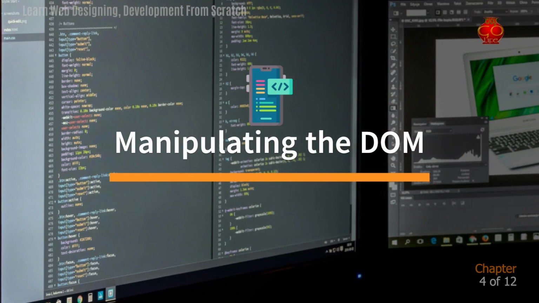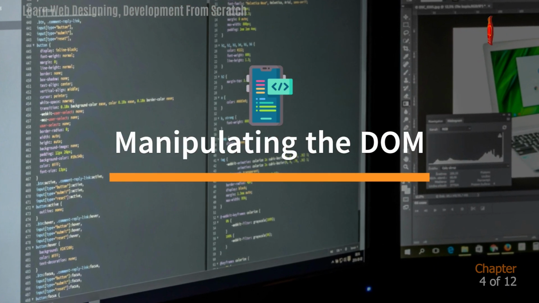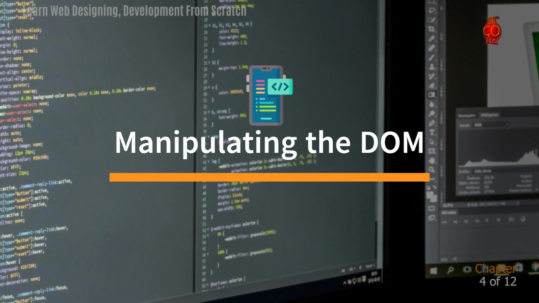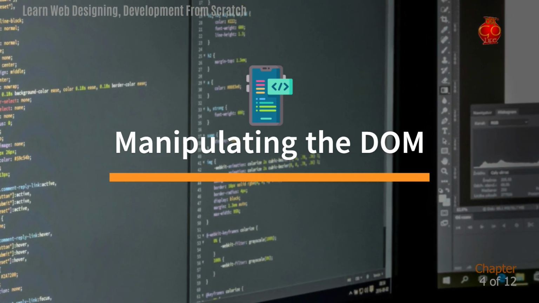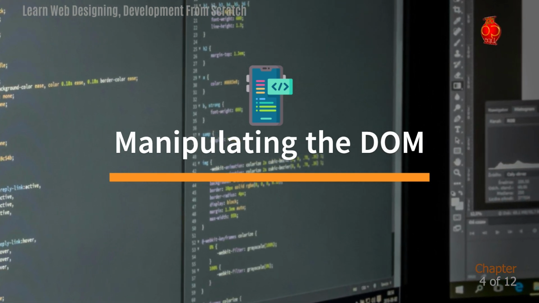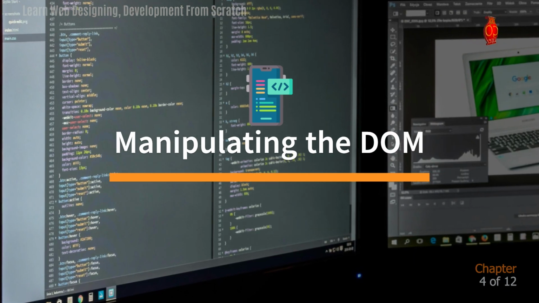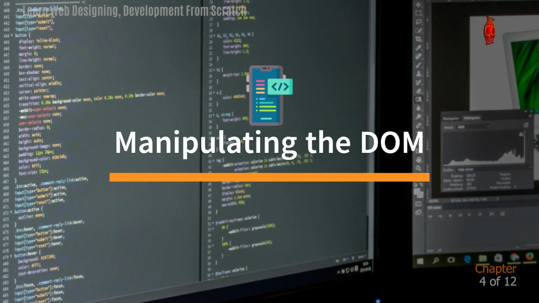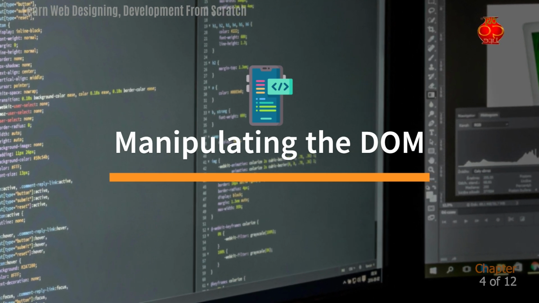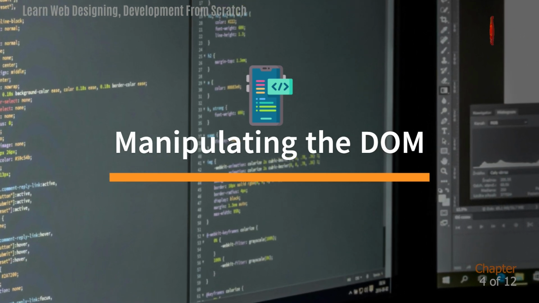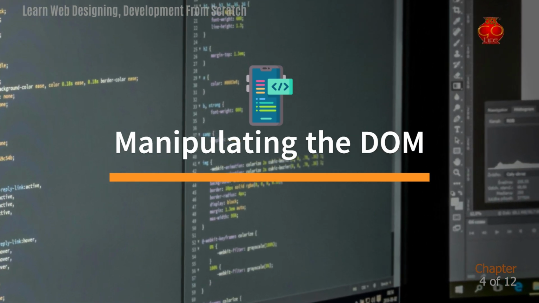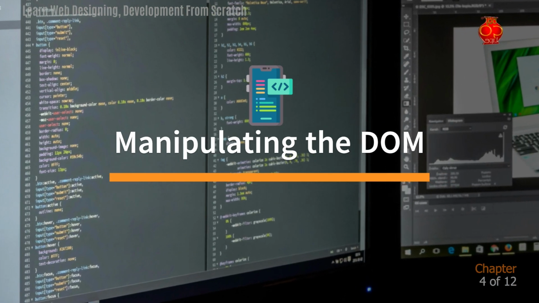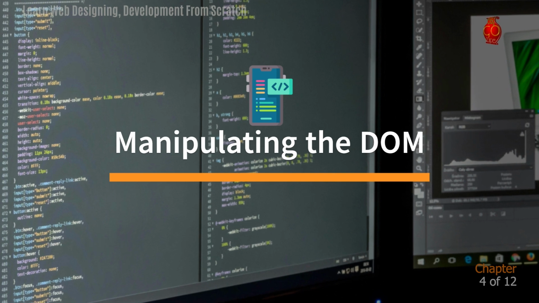In this segment, we'll delve into the document object model, DOM, and explore how JavaScript can interact with and modify it. The DOM represents the structure of your web page as a tree of objects, where each node corresponds to an HTML element or attribute. By manipulating the DOM, you can dynamically change the content, structure, and style of your web pages in real time. We'll cover essential techniques for selecting, updating, and removing elements, providing you with the tools to create dynamic and interactive